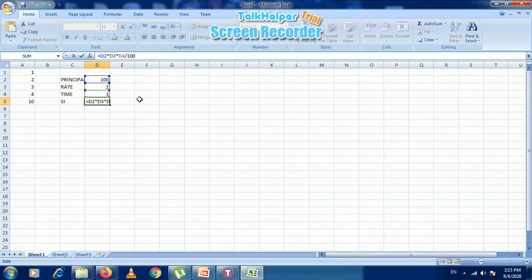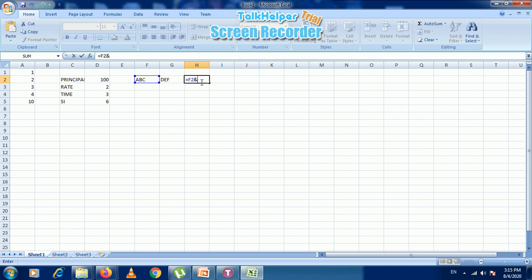Using text formula. For text formula we can add the alphabets. For example, I will say A, B, C, and in the next cell I will write D, E, F. If I want to add both of them, then I have to write equals to, then we have to give the cell reference F2. After that we have to use a dollar sign,